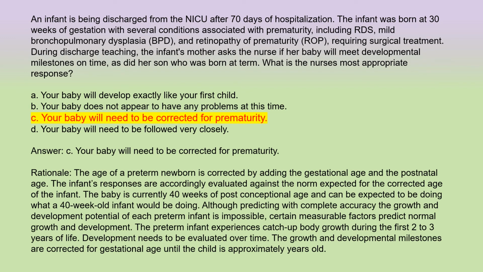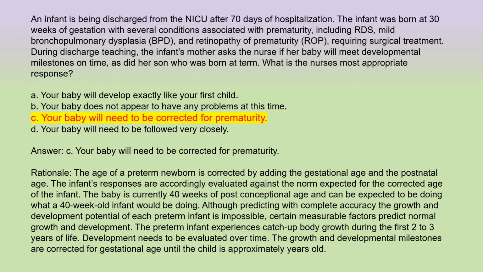Answer. C. Your baby will need to be corrected for prematurity. Rationale. The age of a preterm newborn is corrected by adding the gestational age and the postnatal age. The infant's responses are accordingly evaluated against the norm expected for the corrected age of the infant. The baby is currently 40 weeks of post-conceptional age and can be expected to be doing what a 40-week-old infant would be doing. Although predicting with complete accuracy the growth and development potential of each preterm infant is impossible, certain